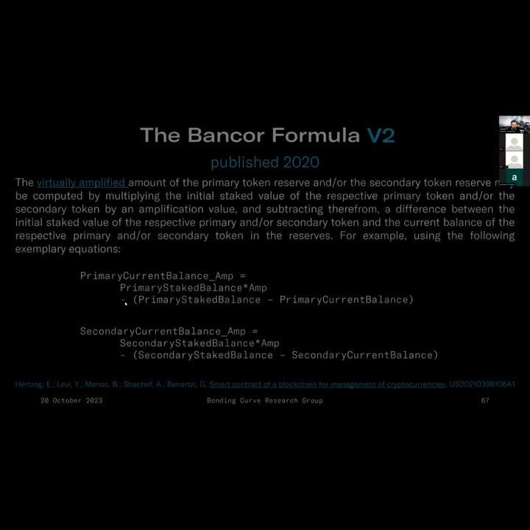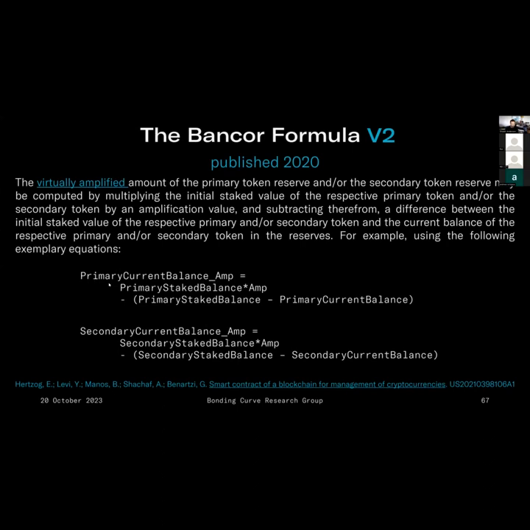So let's have a look at what this is actually telling us. The equation says the primary column balance amplified is equal to the primary state balance amplified. And remember, I said that this primary state balance is just a coordinate. This is the x0 or y0, whatever it is, times that same amplification coefficient. But then we're still getting the primary state balance and the primary column balance in here. The thing I'm trying to show you is that we don't actually care what the primary current balance amplified is. The things that we care about are all in here,